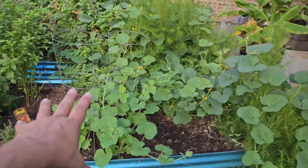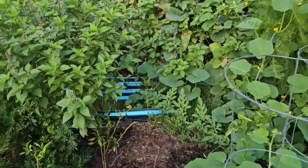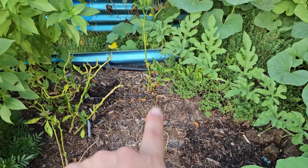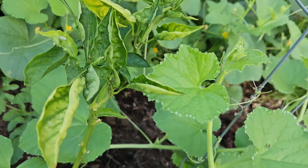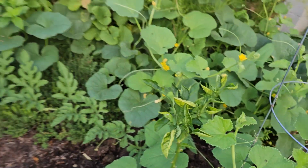This whole bed was nothing but peppers in the spring. And this was pretty much how all my peppers went in this bed. They've either died like these, or they've just been stunted like this right here, not producing anything at all. But what's crazy